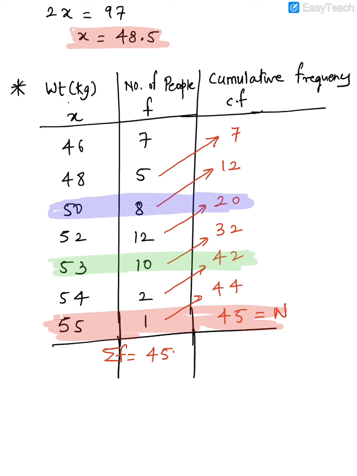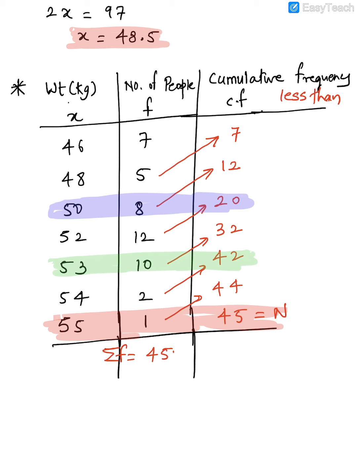So what we are learning is actually called cumulative frequency less than. Okay, this is called cumulative frequency less than. There is also cumulative frequency more than, but unfortunately it's not there in your portion. This is all that you have in your portion. Okay, so now we'll do a similar problem once again.